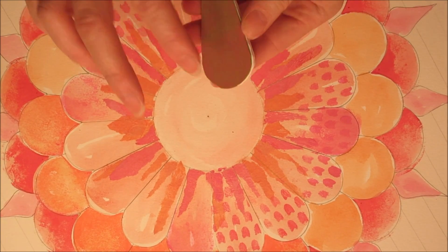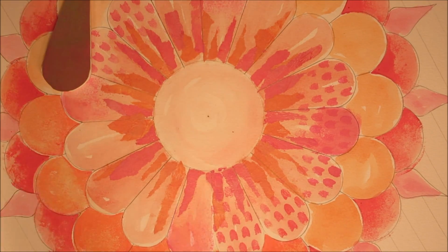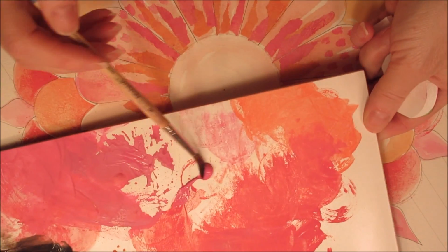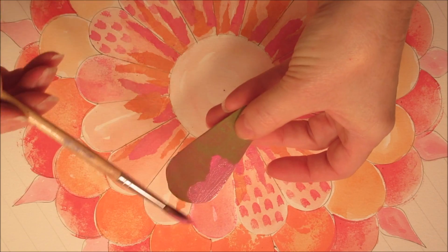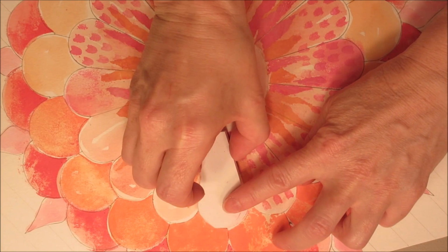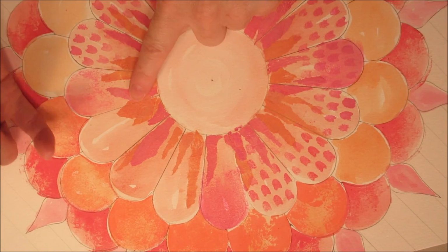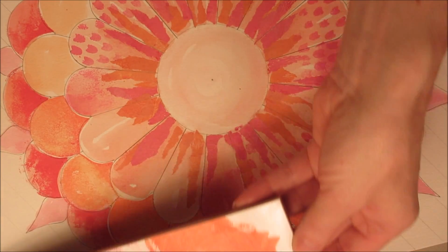And basically what I left you with in the last part of the video was I was using the magenta color by Dina Wakley, her mixed media paint. And what I was doing was spreading this paint color out on my palette here, and then going in using the petal stamp. I had a little extra paint on that, and I first went in just by stamping the color right on the petal like that, and additionally I went over it by adding more paint